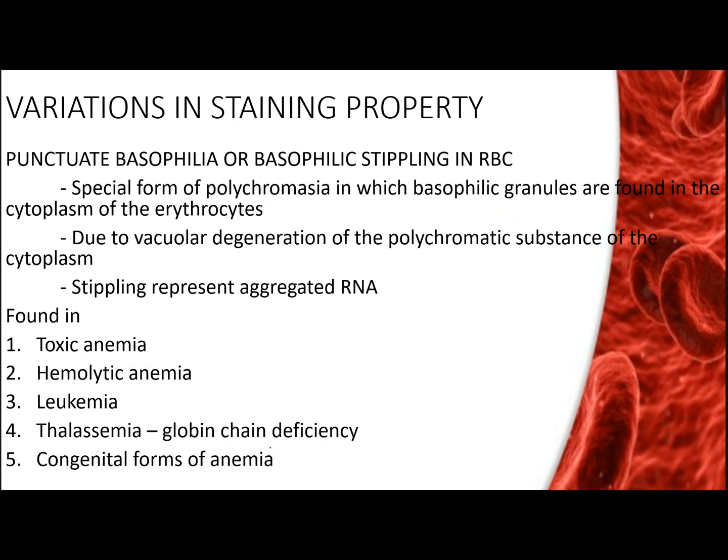Okay, let's continue. Then another term class is your punctuate basophilia or the so-called basophilic stippling in RBC. This is a type of polychromasia class in which basophilic granules are found in the cytoplasm of the erythrocyte. The reason for this is due to vascular degeneration of the polychromatic substance of the cytoplasm. Stippling represents aggregated RNA. Class, ang basophilic stippling niya would occur if there is abnormal RBC